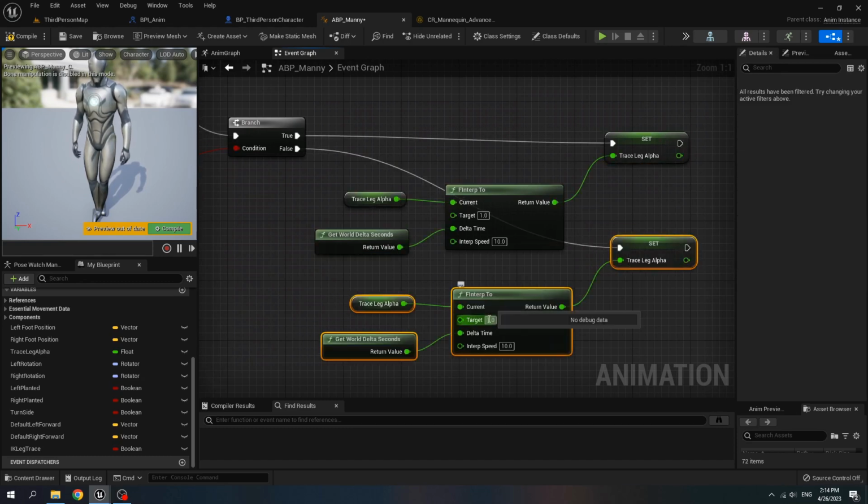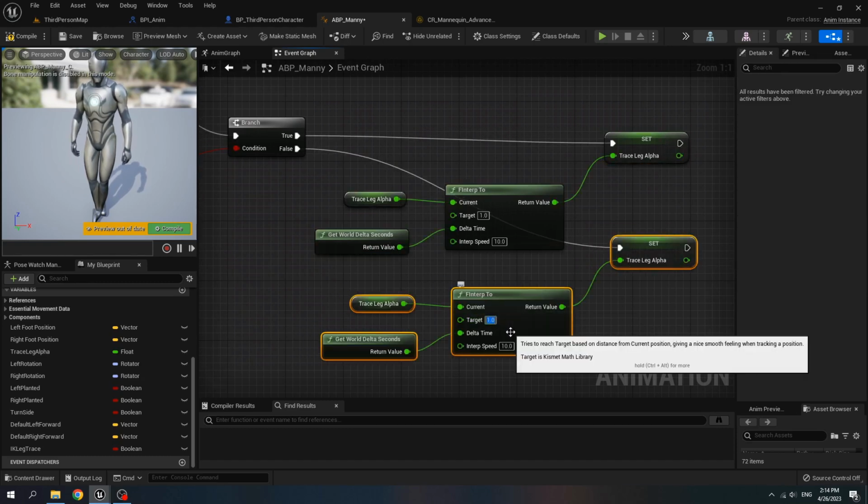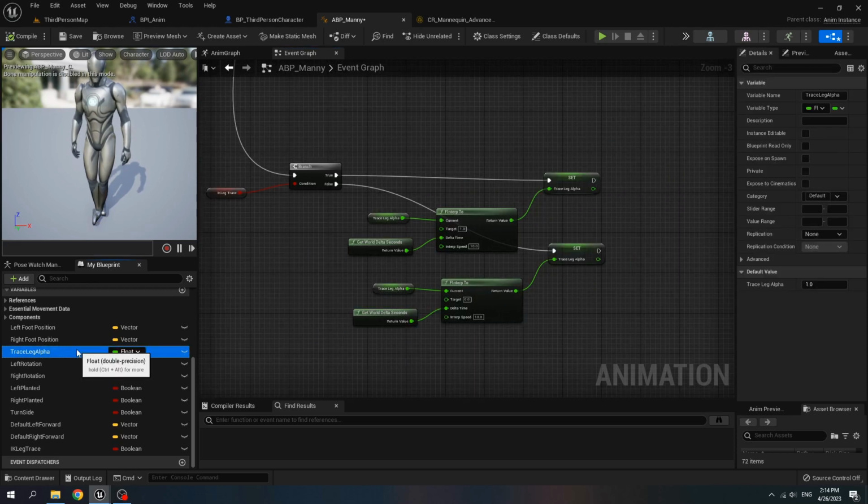If it's false, target is 0, and for the trace leg alpha we set it to 0.